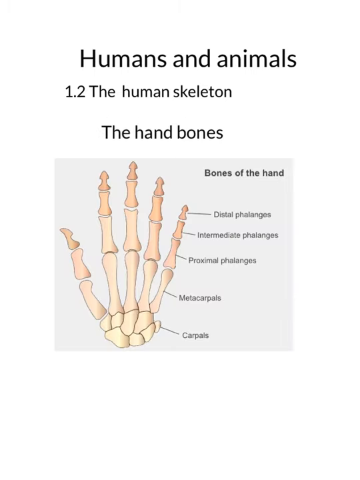Now let us look at the bones of the hands. Hands have 5 sets of bones: the carpals, metacarpals, proximal phalanges, intermediate phalanges and distal phalanges. The shortest bone of our body is in the hands. The fingers have the smallest bones. These are articulated, or these have grooves that help us move our fingers.